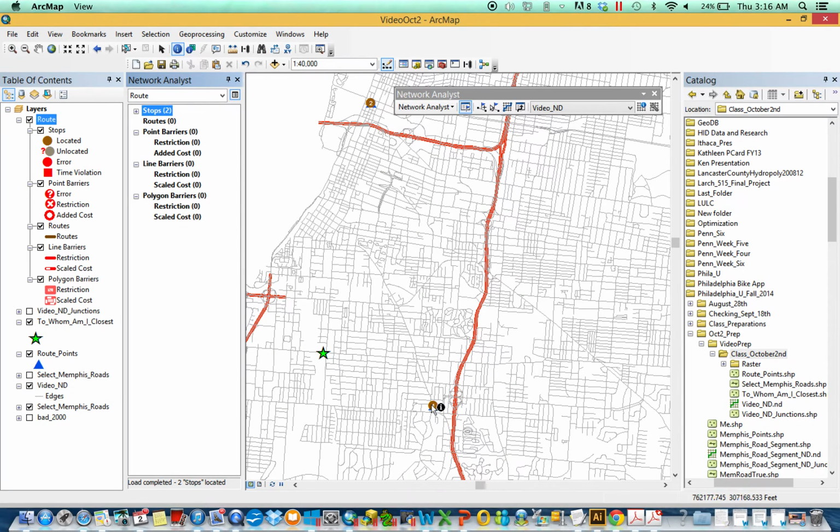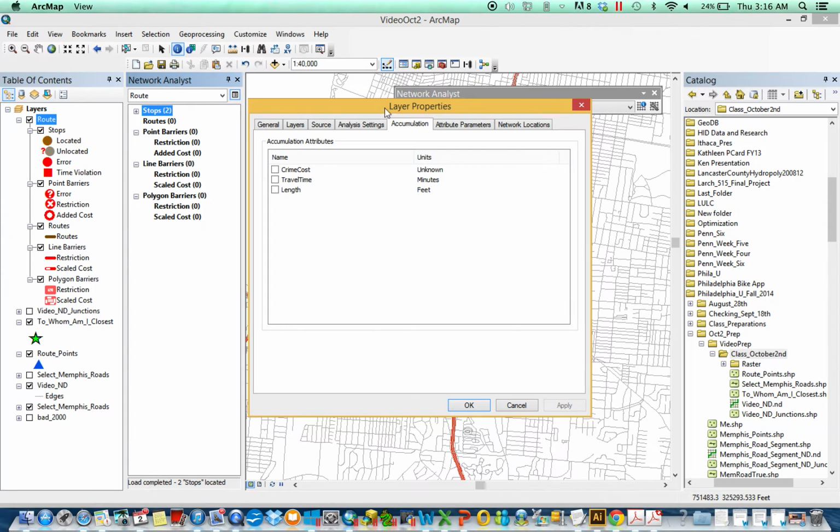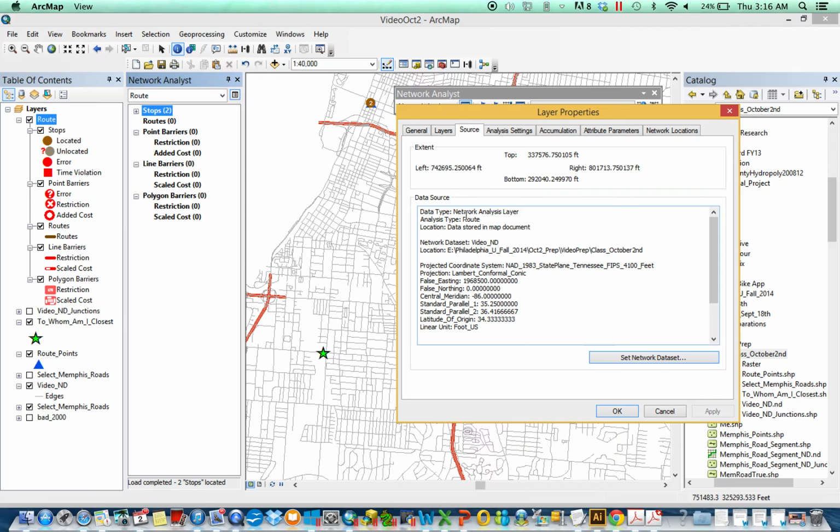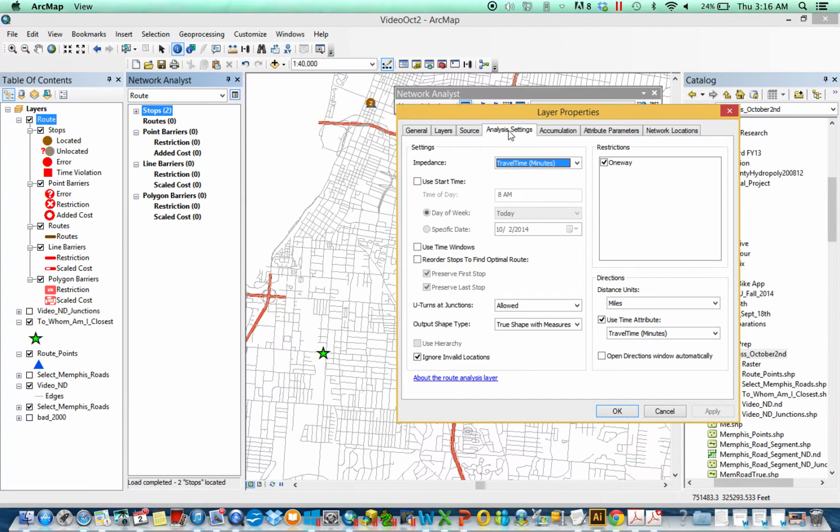Very good. My locations are loaded. I'm going from 1 to 2. So the final thing I need to do is open this little window here. Find what you want to do, you engage the Network Analyst window, and then you engage the properties. What's involved in it, what's the properties, and very important, what is the analysis